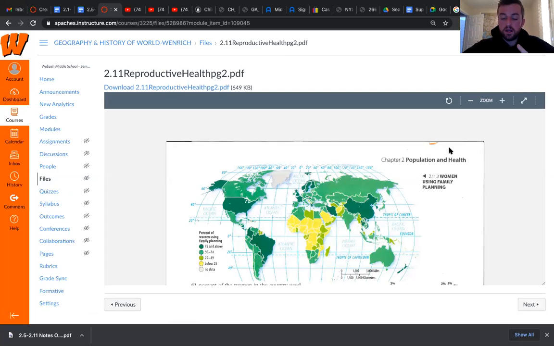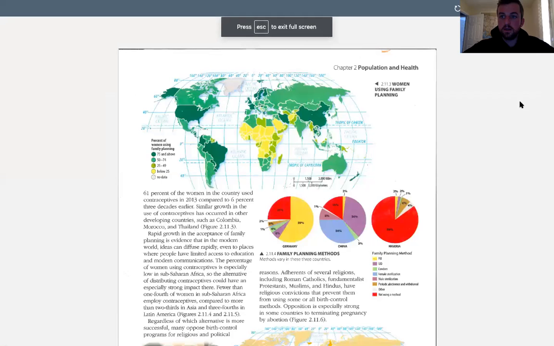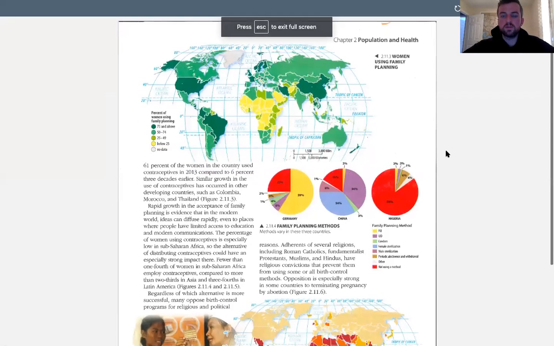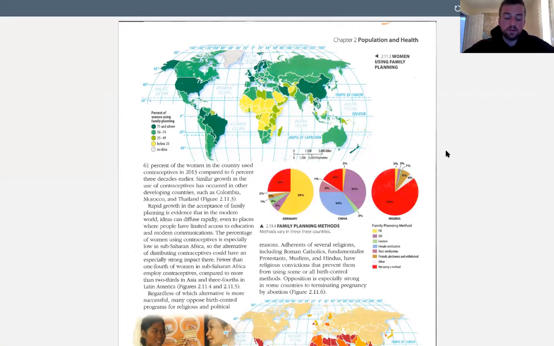One of the reasons why China and Japan are seeing a reduction in births, and they're going to see a reduction in their total population, is because their women are choosing to work. So if you improve economic conditions and you allow women equal access to working, that's one of the ways that you can reduce the birth rate. The other one is just, put simply, availability of contraceptives, family planning.